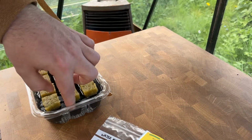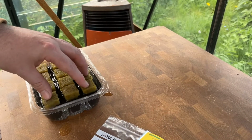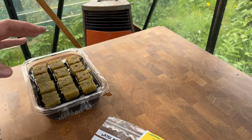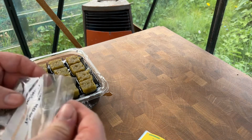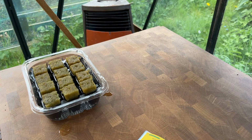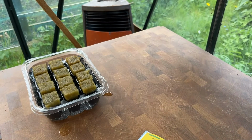They don't need this much water normally for growing. This is just for while they're pre-soaking, so they're ready to go now. So I'm going to get 6 each of these seeds in, and then they'll be ready to start. So starting off, I'm going to put the Crimson Sweet in, and I do have the Sugar Baby. They're the ones from Lidl. They're only 20p for a pack, so if you're on the lookout for melon seeds, I'd definitely give them a